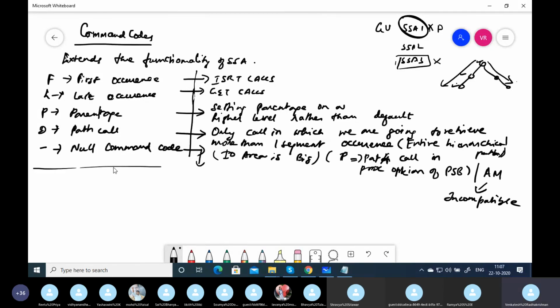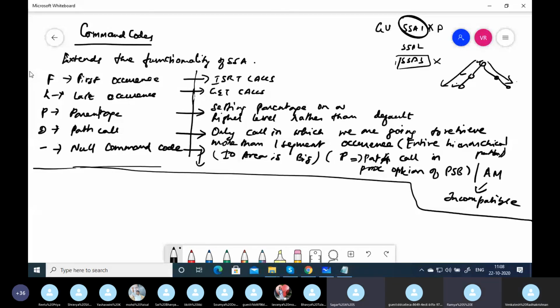Okay, let's see some status codes. So we have seen the different control blocks in IMSDB. We have seen the nomenclature. What is a twin in IMSDB? More than one segment occurrence of the same segment type is nothing but a twin.